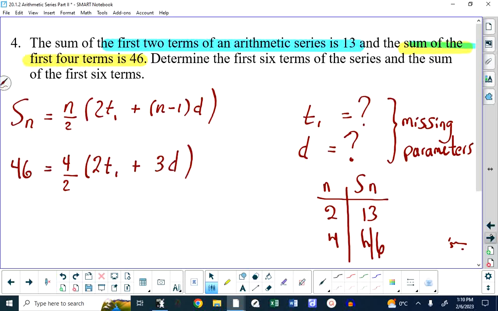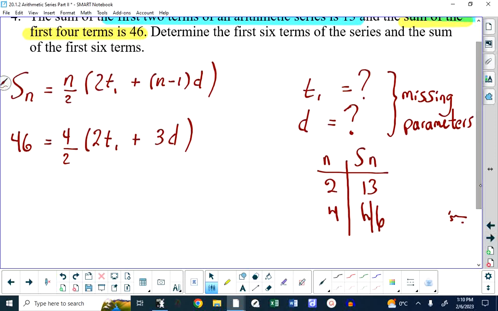And I am going to take the liberty here of challenging you to say if I put 4 in for n, n minus 1 is 3. I mean, do we really need to write 4 minus 1 and then change it to 3? I'm just going to do that. There is an equation that contains T1 and D. If I do the same thing here,